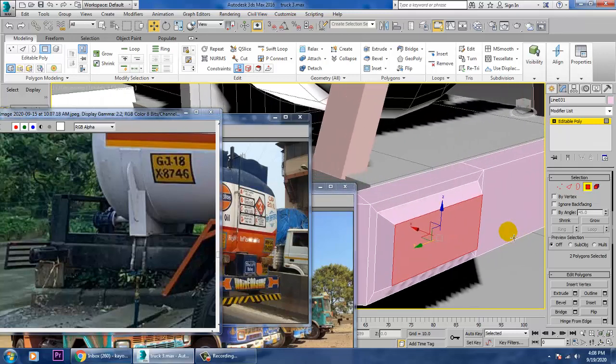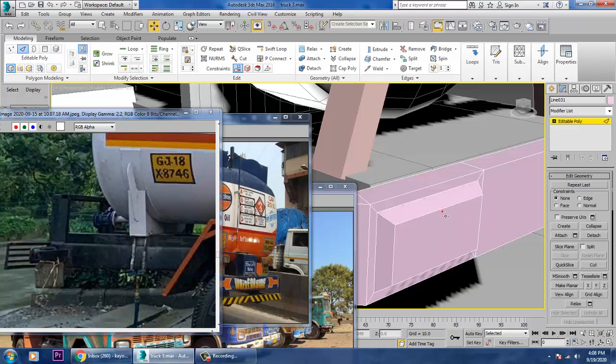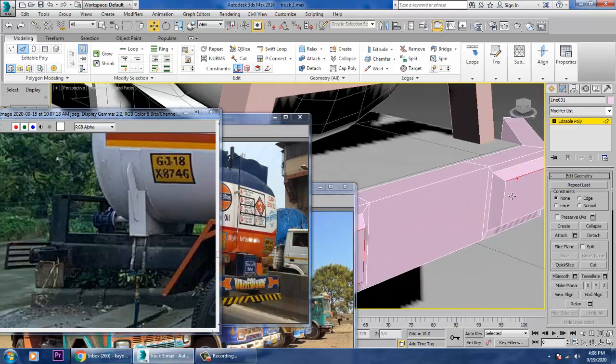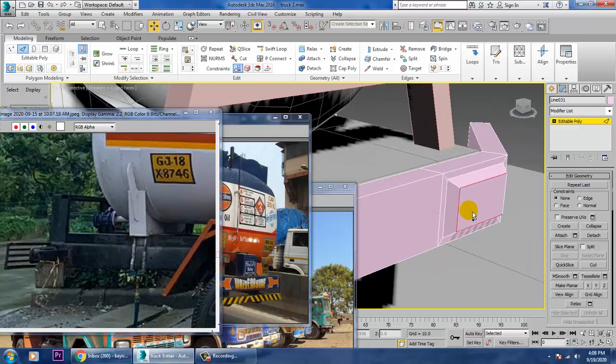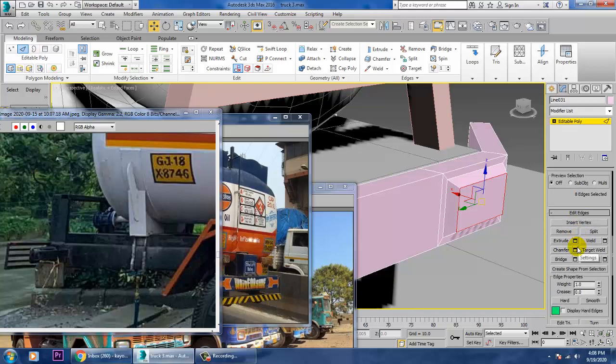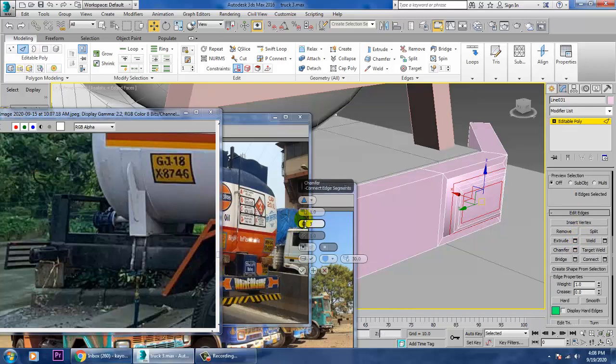Let's select these edges over here, select all these edges, and you have an option called chamfer. Let's give a bit of chamfer over here and click OK.